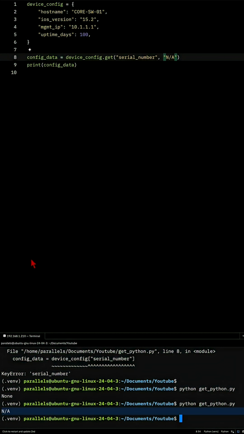I always use the get method to write robust Python scripts that don't crash when dealing with